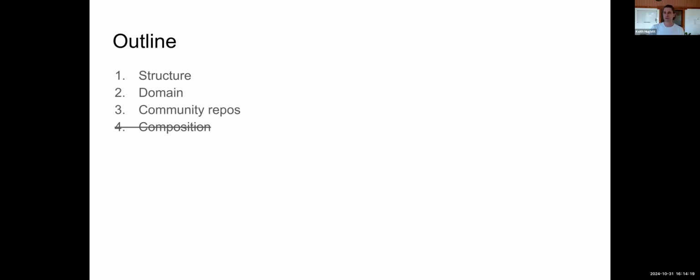I originally wanted to talk about composition, so constructing composite data sets. The CamTrap DP standard is already an example of this, where it describes several tables grouped together in a format. But there's the related data DAG presentation I gave a few years back. I think there's some interesting things we could do to allow people to more precisely define relationships between elements within a data package. And I have some ideas on that, but I'll save that for another time.